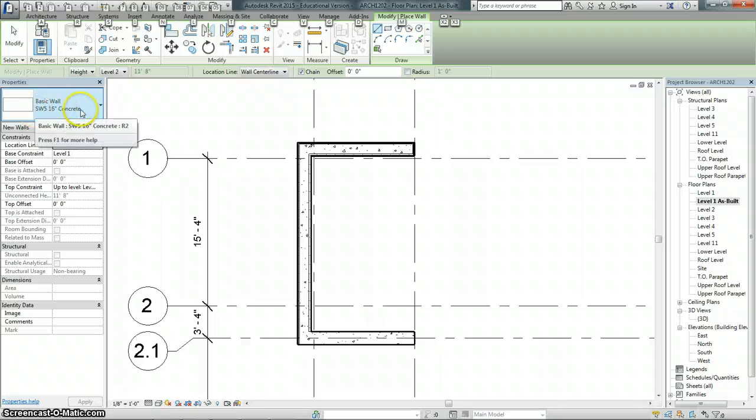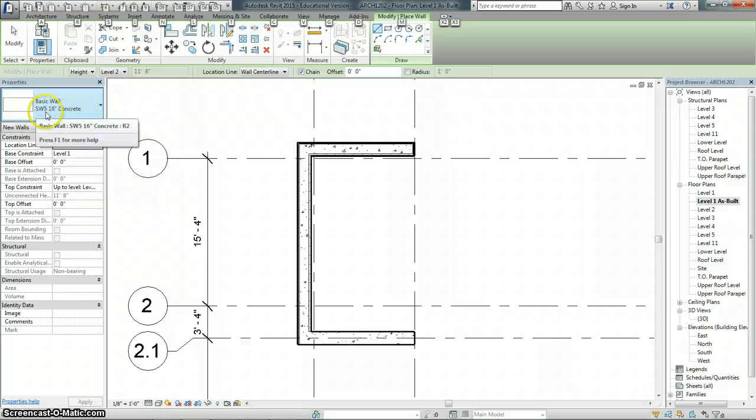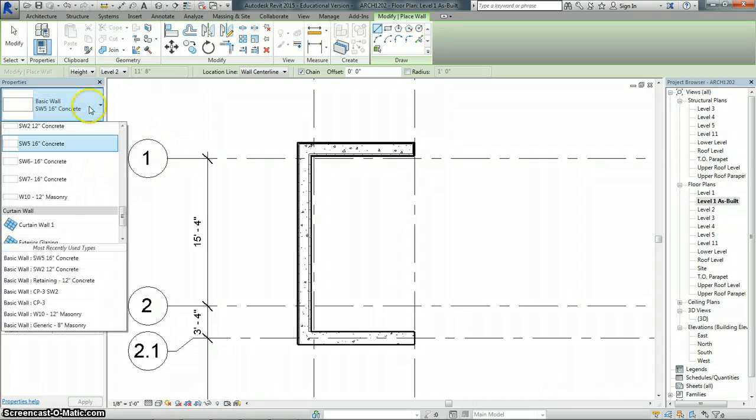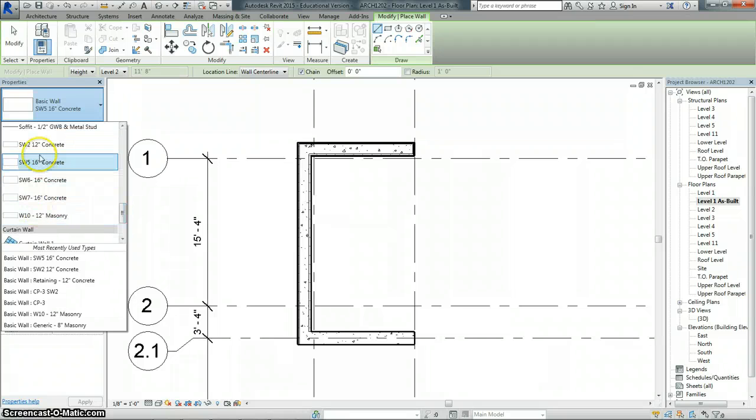So one of the things, I'm going to go up here. We just did the SW5. Now I've changed this real quickly to, instead of being the 16-inch concrete, I put the SW5 in front, so that way I can have all of my structural walls that are just structural together. So I have a 5, a 6, a 7, a 10, which is a 12-inch masonry,